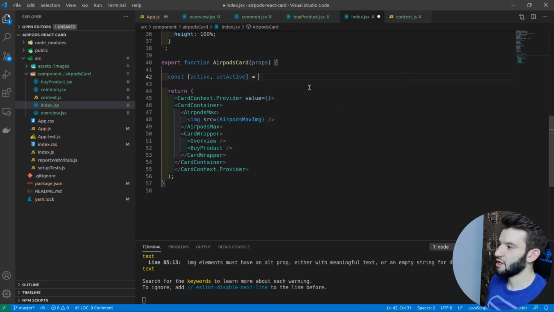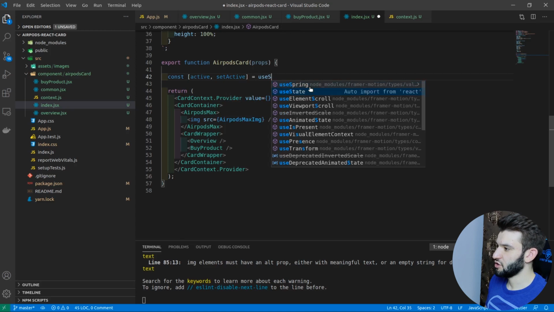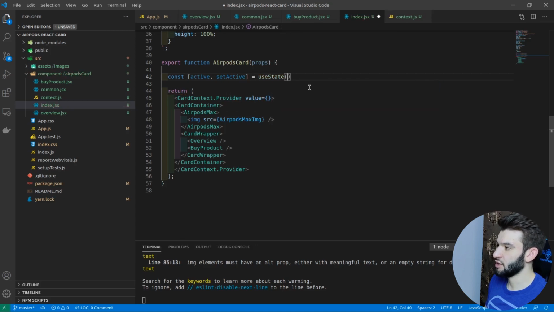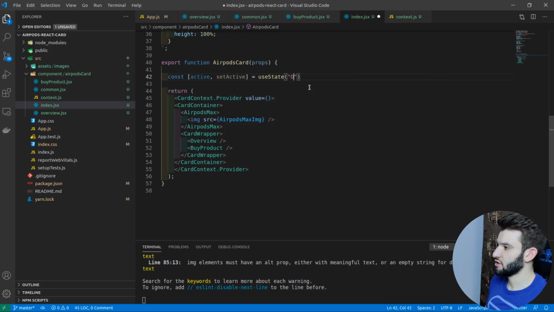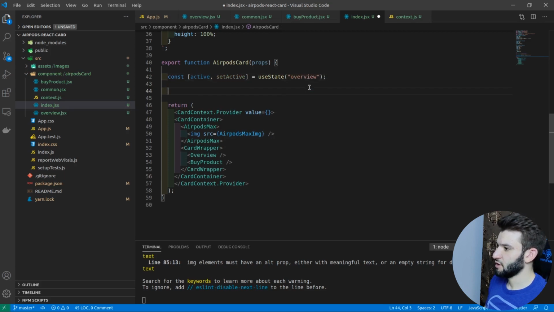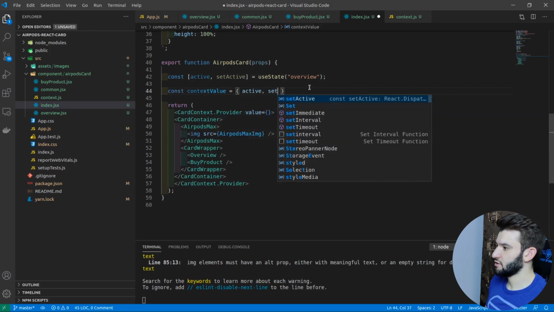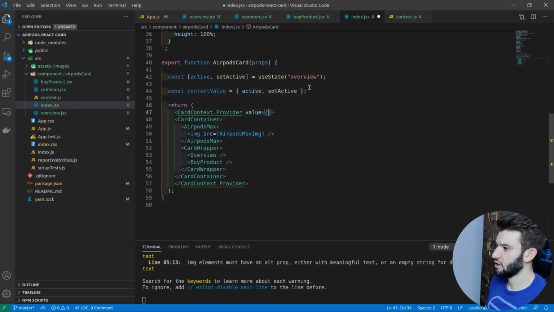So this is actually the main component that is going to be responsible for controlling the whole state, and we can just distribute it to the children using the context API right there. The state in here is going to start with overview as active. I'm going to create the context value, and for this one it is going to have active and set active. Pretty basic. I just provide it right here, and now this value is going to be provided to all the